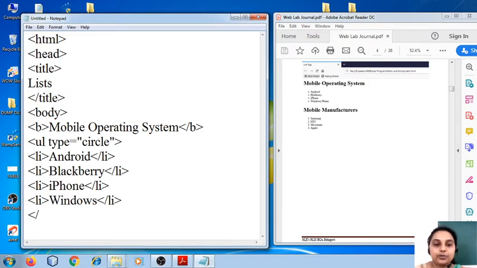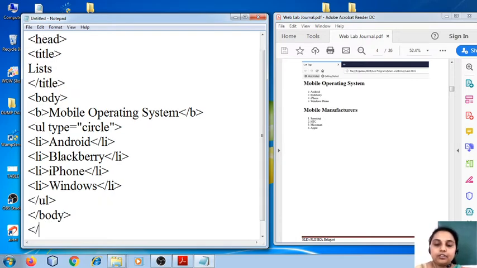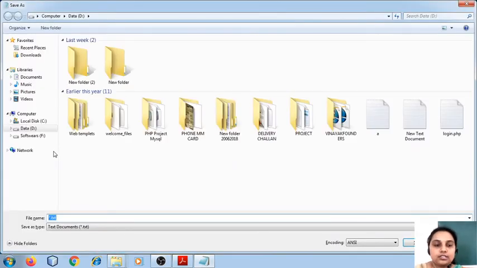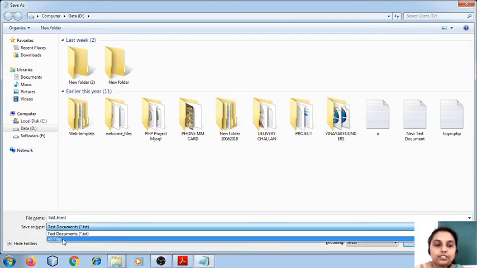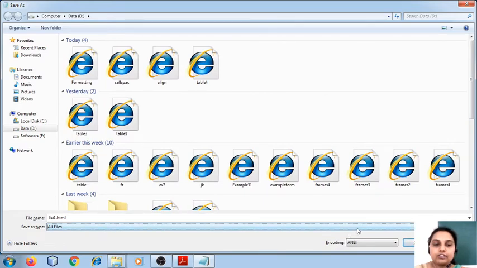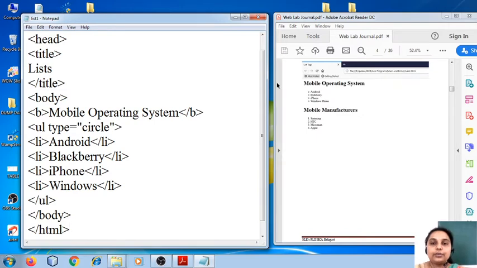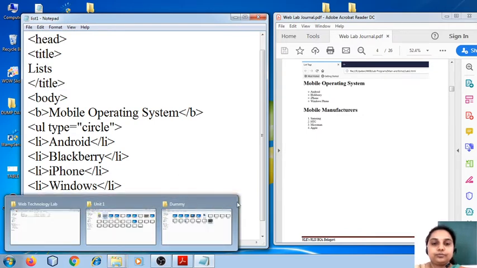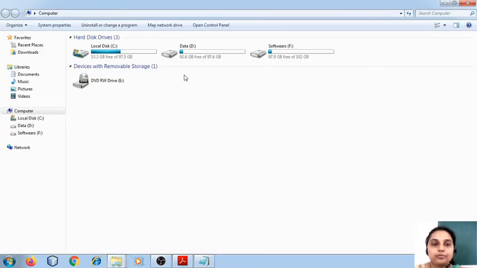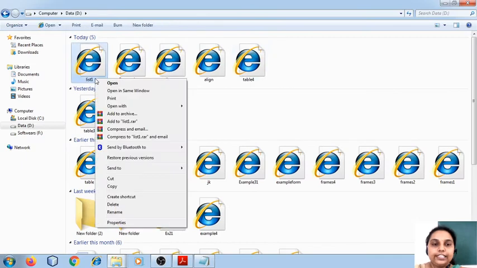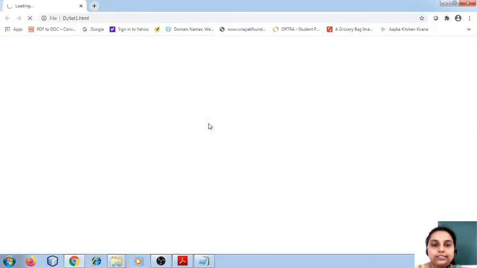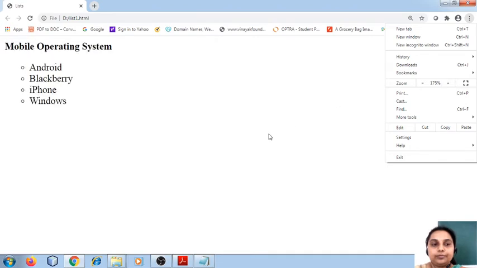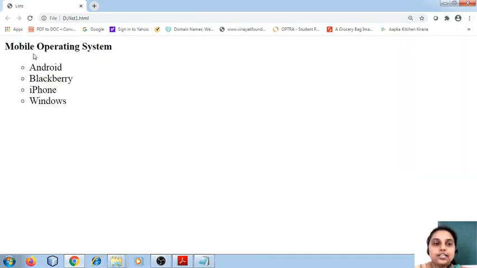Then the UL tag ends. You see this mobile operating systems unordered list.